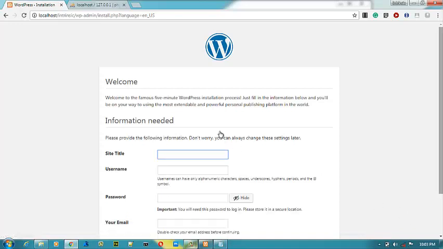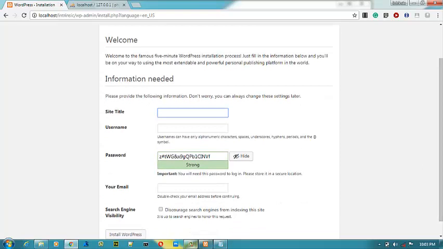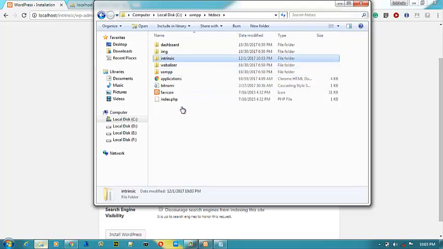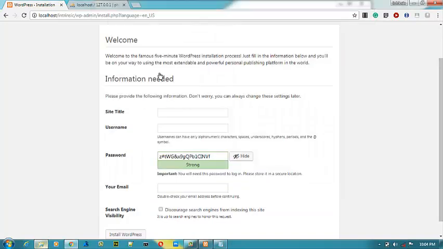Okay, now the next thing to do is to add our details here, which is going to be our site name. You can name it whatever you like. It doesn't necessarily have to be the same as the folder you have here, but for some specific reason you need to specify a correct and accurate name. So let's just use the same name we used here, which is intrinsic, but I'm going to add something more to it. Intrinsic web